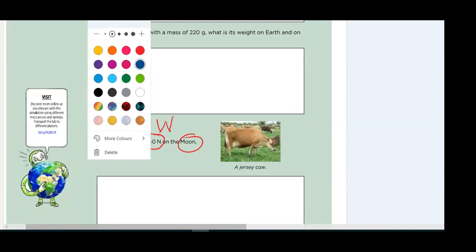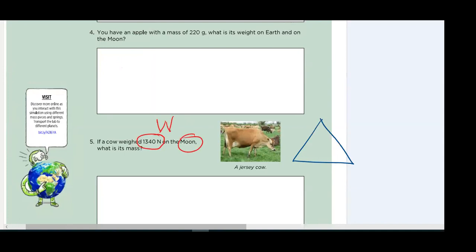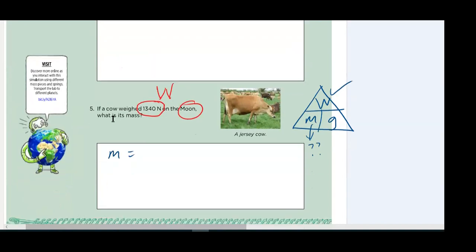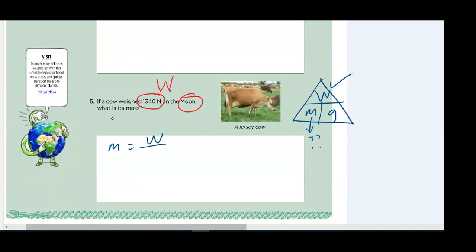So I'm just going to remind you of the triangle. Capital W is m times g. So what are we given in this question? We're given the weight, and we want to know what the mass is. If I look at this formula, mass would be equal to capital W over g. So the mass would be